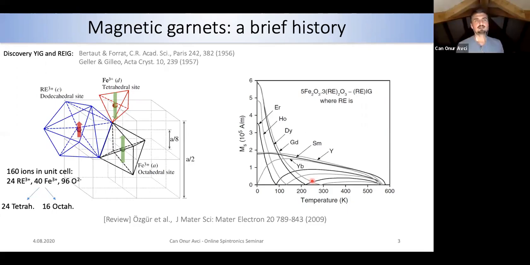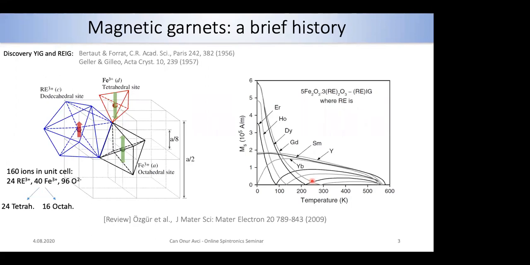No, because it depends on how you grow your material. If you start from a stoichiometric target and do a sputtering deposition, I expect that the compensation temperature doesn't move so much. But if it's better for you to have a compensation temperature close to room temperature for the type of measurements that you want to do, then you can engineer that. I believe that with reasonable engineering efforts, this can be very precisely controlled.